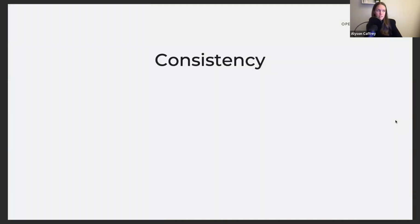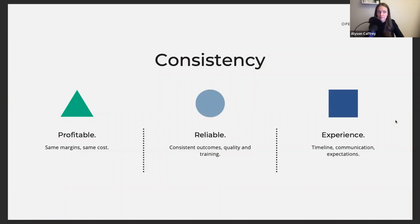So part 2, what are the key elements? What makes a service consistent? So we have profitability, which Marcel covered, reliability, and experience, right? So if we have a consistent profit, which is kind of our North Star, which is what we talked about in the last installment from Marcel, the numbers don't lie, right? What's in your bank account and what you're taking back, that is where you need to begin. And what we need to do is put that on one side of the equation and then solve for the other side, right? And so what I'm here to do is give you some tips and some tricks and some tactics to say, okay, if our profit isn't coming back the way that we really want it to come back,